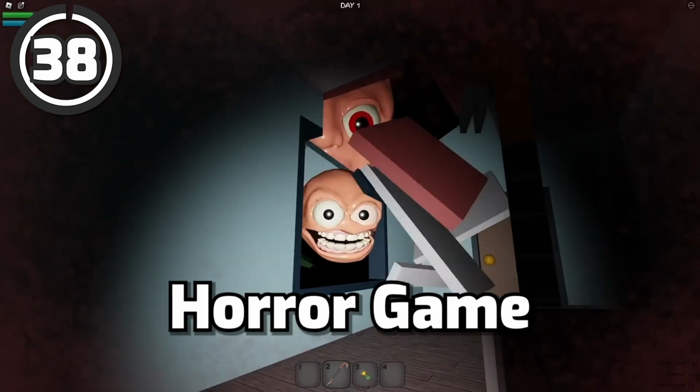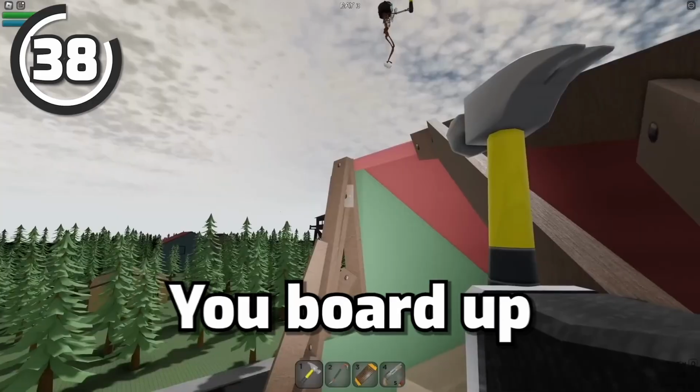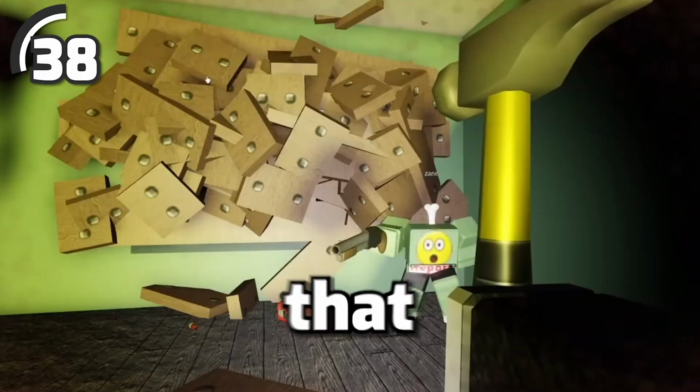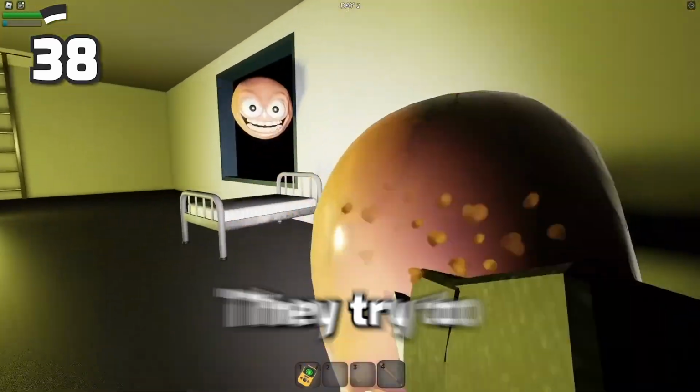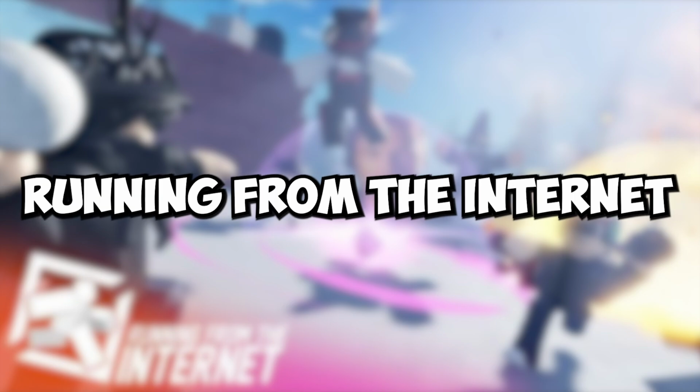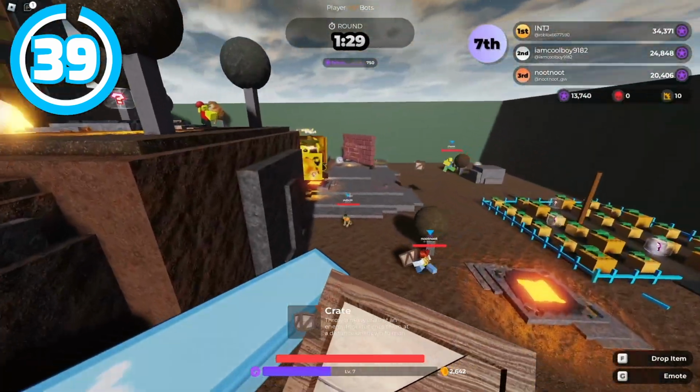And this is a horror game in which you loot around. You board up your entire house to avoid giant evil faces that attack you during the night. They try to break in to kill you. In game number 39, we have Running from the Internet, in which you jump through these question mark boxes and